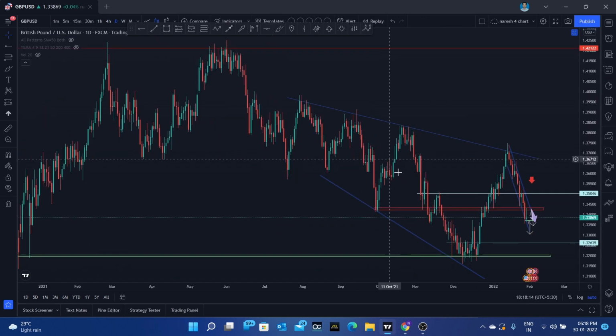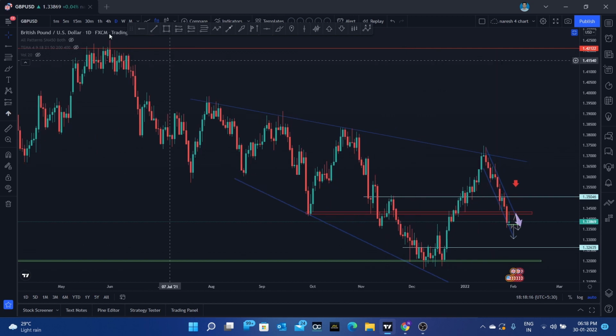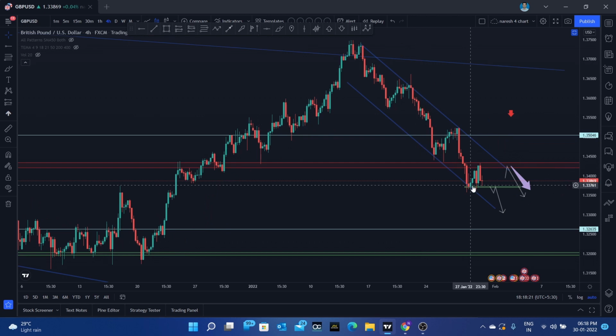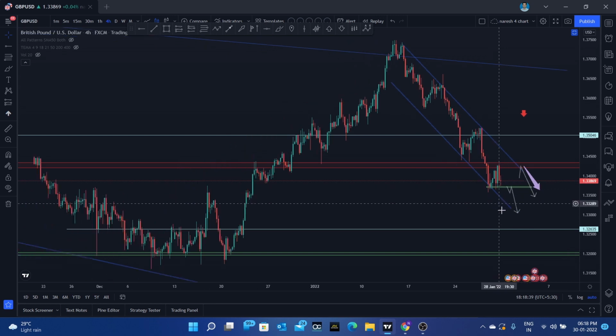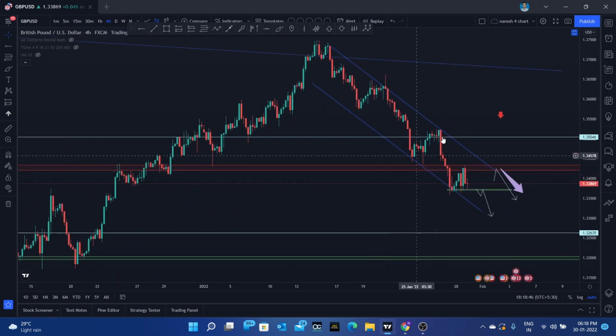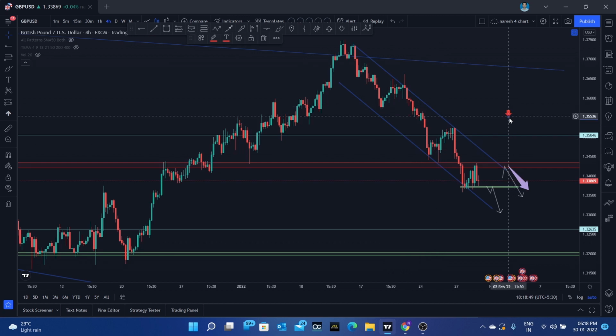So in the 1 day time frame, it is in a proper downtrend, and it is already in a channel, guys, so we can go for short entries because the trend is down. I'm planning to take only short entries, guys, and you can see it is forming here. If it comes to this area and forms a bearish candle, or if it breaks this area, you can go for short entries, guys. You can take this as your first target and this would be your second target. So that would be the plan for GBP, and I'm looking only for short entries because the trend is down.